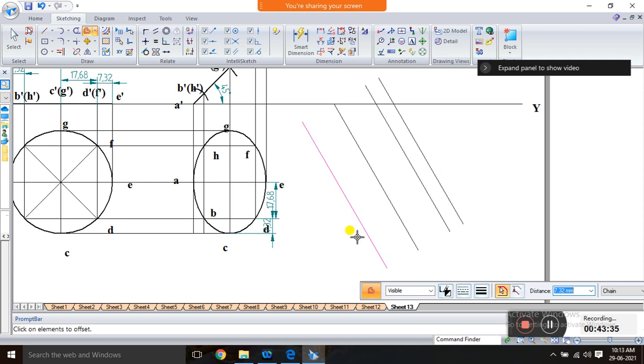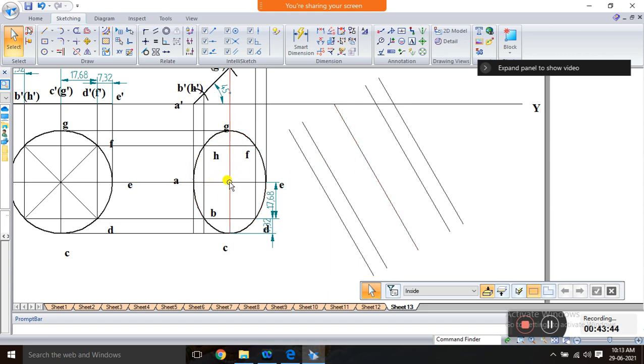7.32 distance. So like this you have to draw parallel lines for this 60 degree. So you measure this distance with the help of the rollers and draw the vertical lines. Clear? And for this it is exactly perpendicular. So either you can draw a perpendicular line, one thing, or second thing.